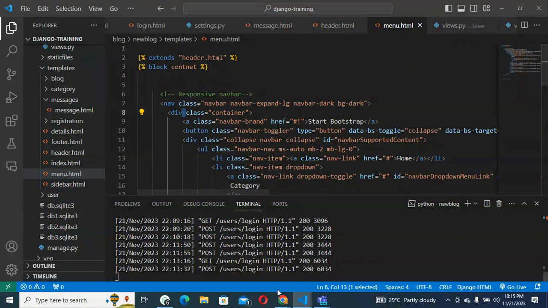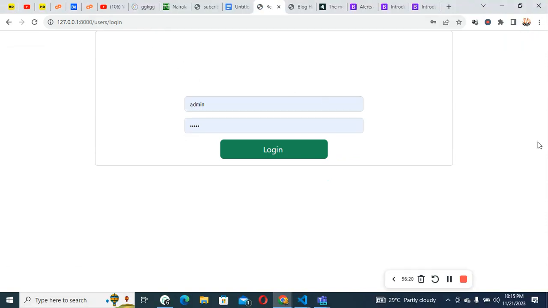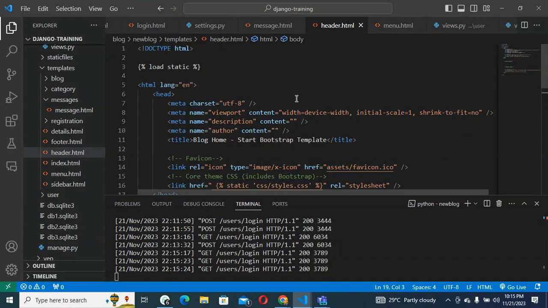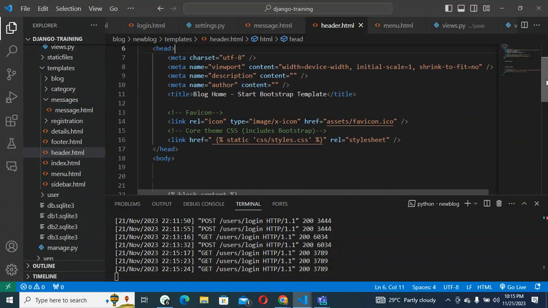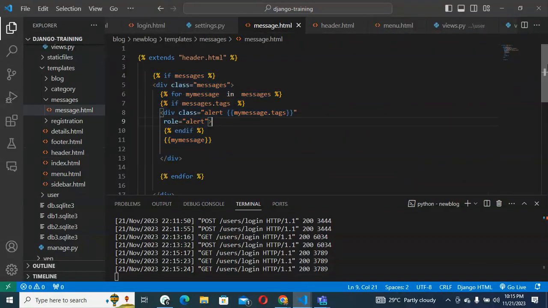And after we've done that, let's come back here and reload. When you reload, we are not having our style any longer. So okay, so let's quickly check that message. Okay,